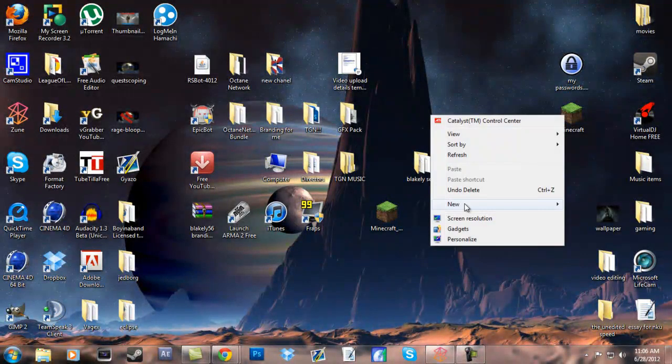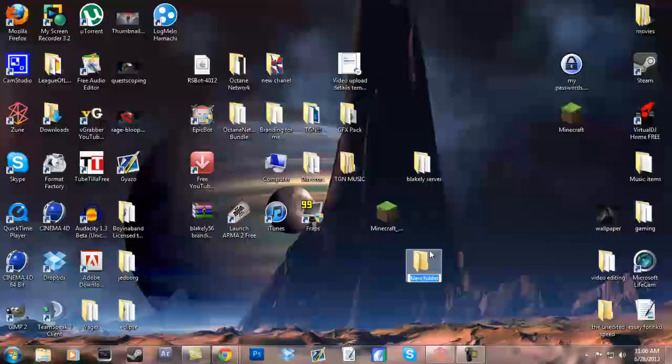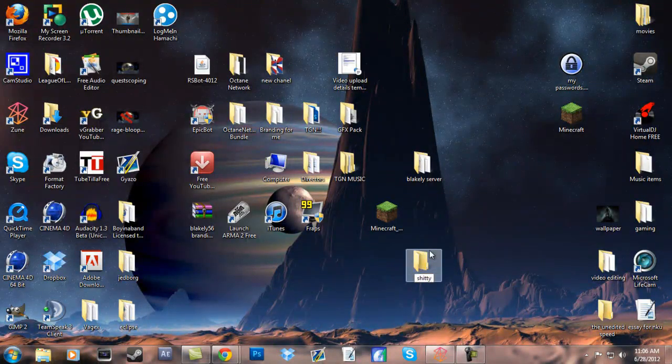But anyway, you're gonna create a new folder. There's no point in doing it this way if you want to have a good server with Bukkit with mods. And you can use Hamachi, or you can use your actual server with Bukkit if you want to. Doesn't matter. And you're just gonna go to the server folder,